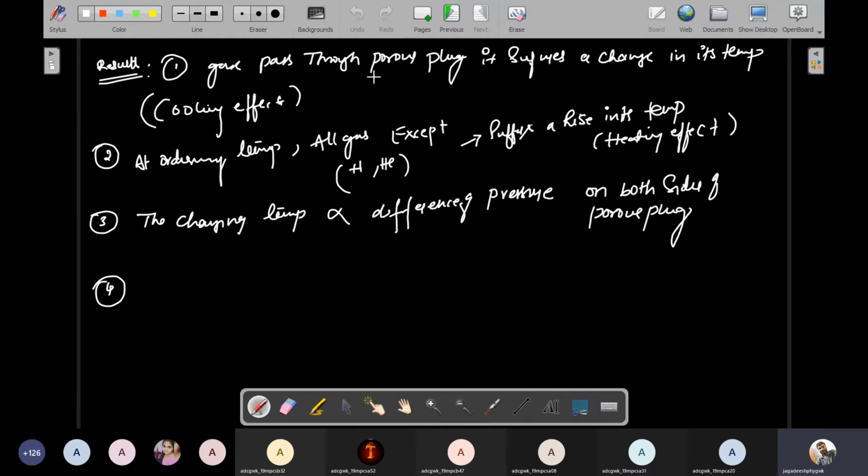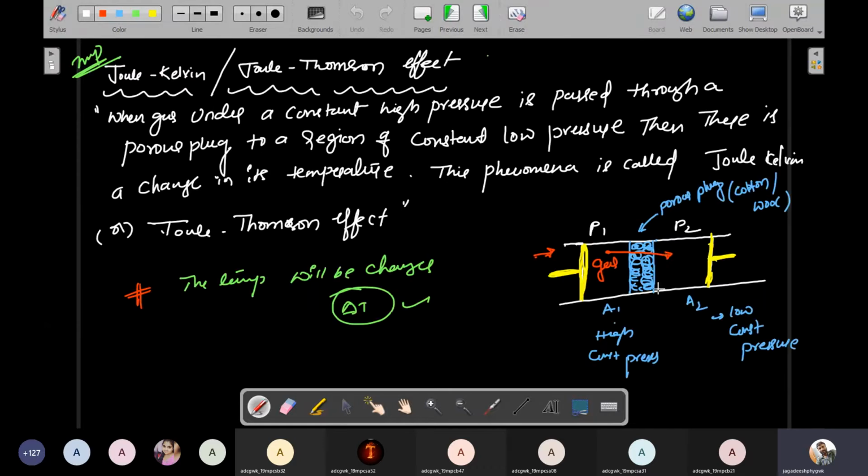For that expression, I'll explain. Here, I derive this equation by using the enthalpy equation. Why? Because when the gas suffers a Joule Kelvin effect, the total enthalpy remains constant, since in the Joule Kelvin effect we use a porous plug. This porous plug is made of cotton or wool. Cotton or wool is used for adiabatic valves, as you know. Cotton and wool are the best examples of an adiabatic process.